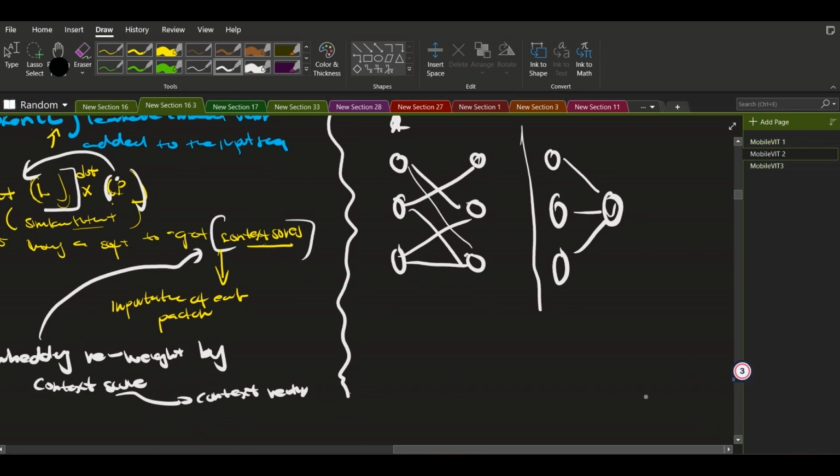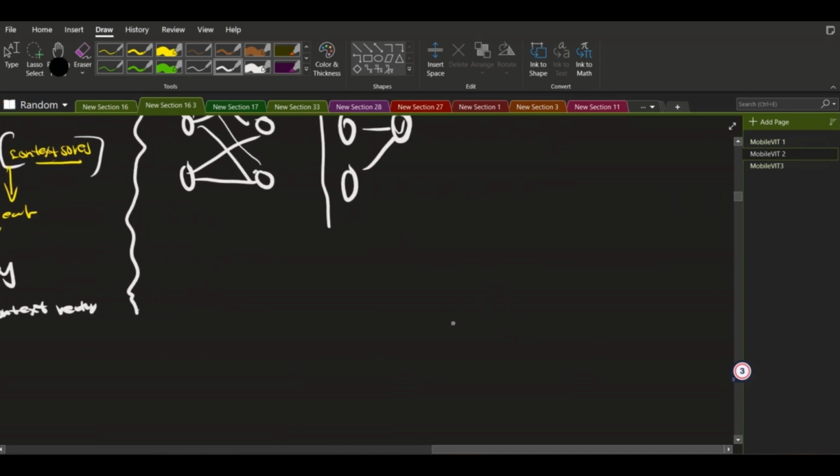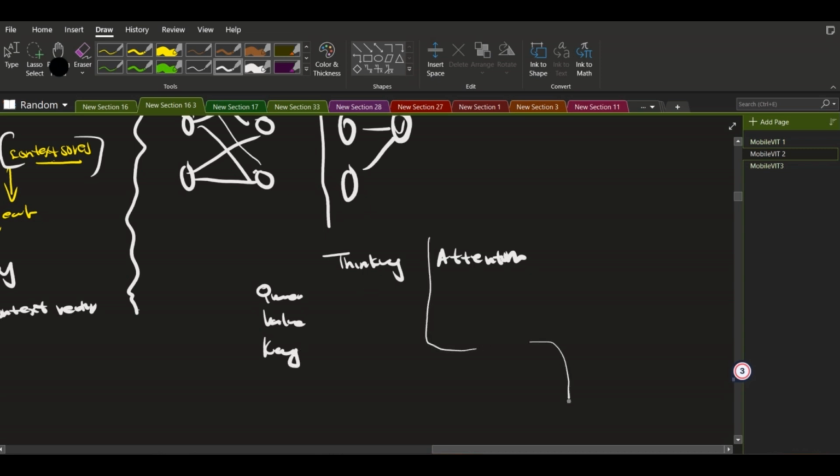I'll definitely recommend checking the Illustrated Transformer by Mr. Alammar. He explained self-attention in a very good way. So you will understand how we get a score. For instance, let's say we have words here, something like thinking, attention. We have query, value, and keys, and we also have initialized weights for query, keys, and so on. But one of the things that we do is